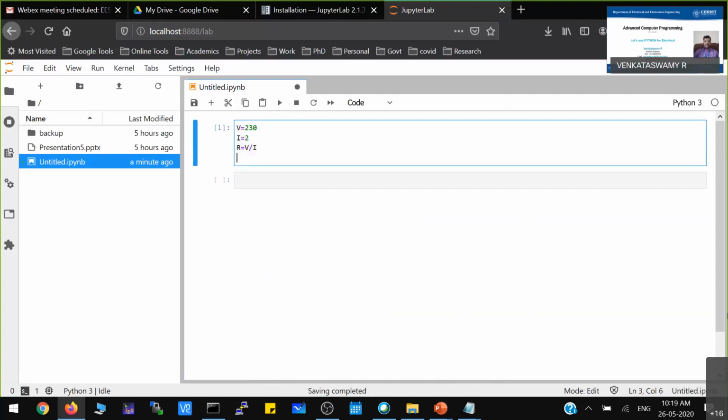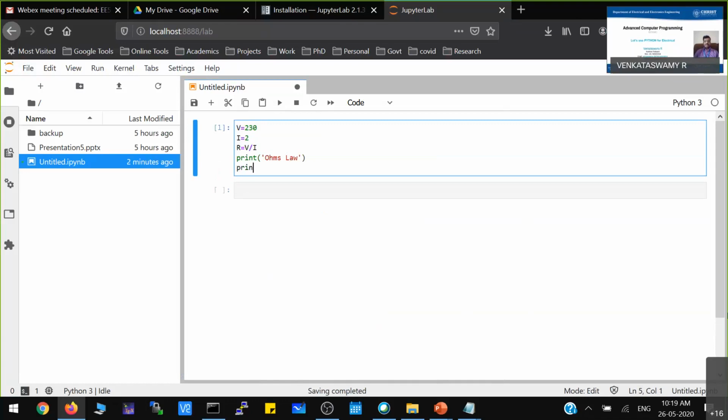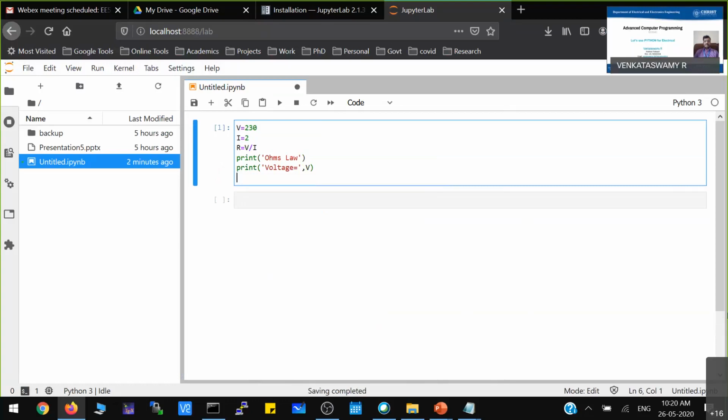So now what you can do, you can customize your output. Something like Ohm's law. I'm printing. I'm just making myself familiar with the statements. So Ohm's law. Voltage is equal to V, print.